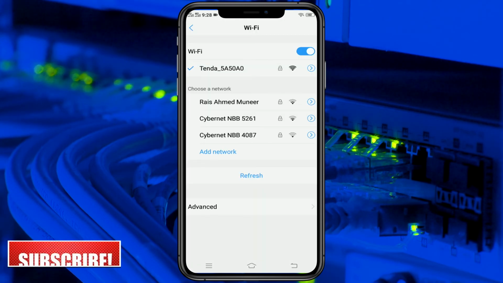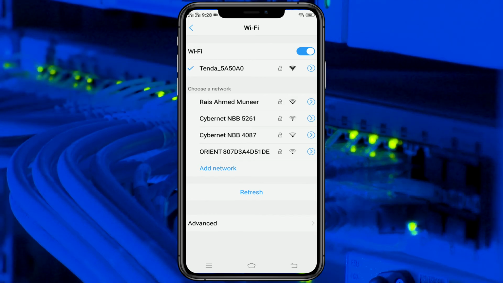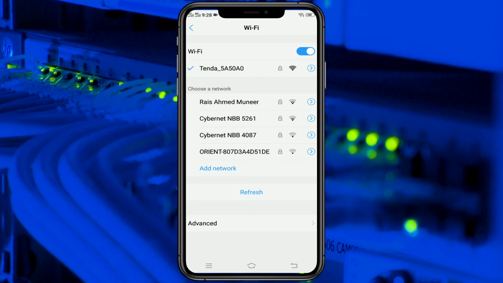So if you are using mobile internet like 4G or 3G, then this setting is unavailable. So if you want to connect to a faster DNS using your 4G or 3G mobile data, then you have to download the application Net Optimizer, which I have shown you before. So guys, this is the basic method through which you can optimize the internet speed on your Android phone.